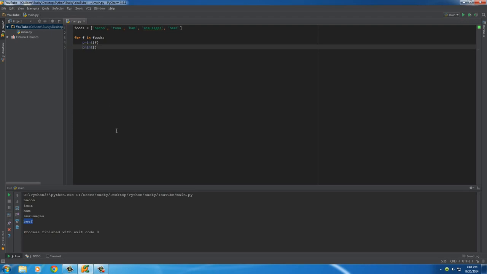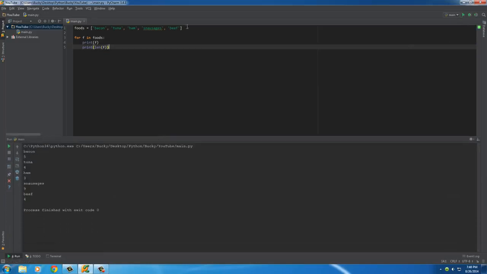Now, I know I didn't talk to you guys about this function yet, but whenever you want to print out the length of something, the function name for that is len. They could have just wrote length, but you know, no one has time to write those extra characters. So pretty much, that's how you do it. And in the parameters, you just have to tell it what you want to get the length of. Well, of course, f, which is going to be the food. So now whenever you run this,